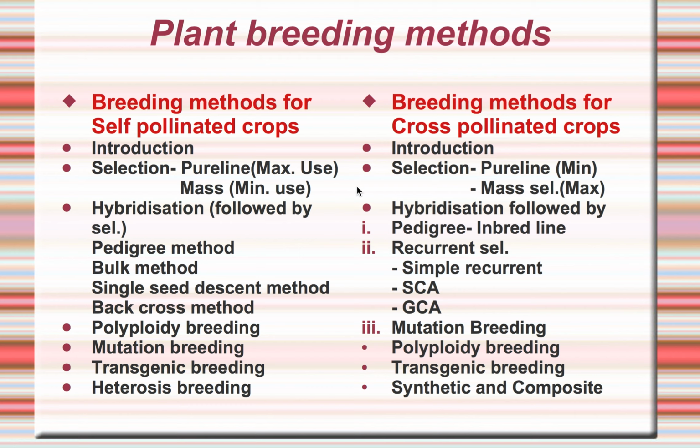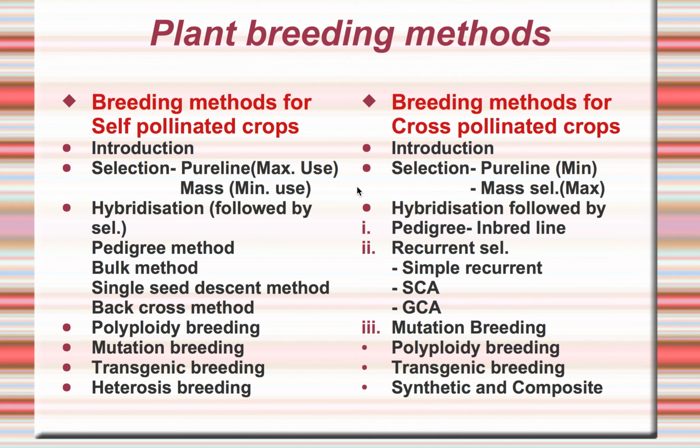And the next is the breeding methods for cross-pollinated crops. Cross-pollinated crops are also called allogamous crops. The various breeding methods adopted for cross-pollinated crops are introduction, selection, again divided as pure line selection and mass selection. In contrast to self-pollinated crops, in cross-pollinated crops, pure line selection is minimally used, whereas mass selection is used